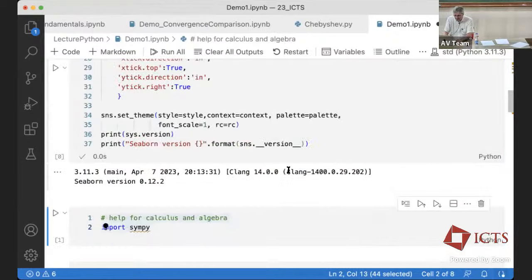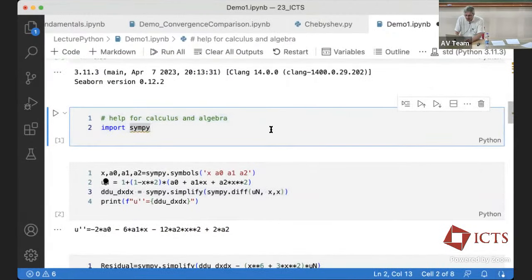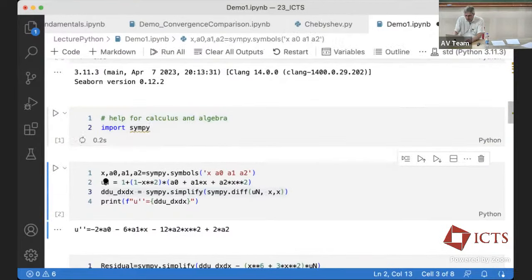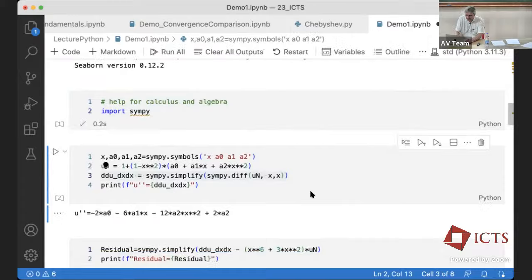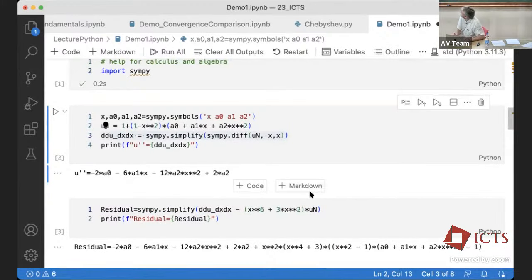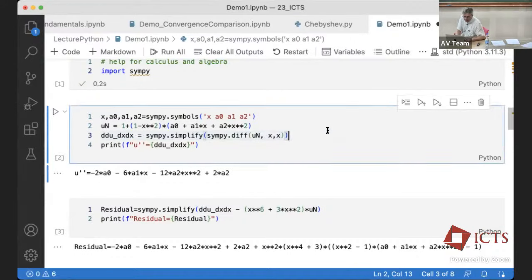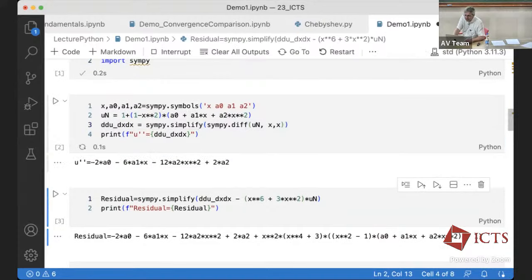Okay, a Python notebook. I need a little bit of SymPy because I'm too lazy to do the derivatives by hand. And now here's the SymPy. What is this little bulb? I have no idea. So here I'm defining my function un. And I'm using SymPy to compute its second derivative. It's not really that hard differentiating a fourth order polynomial, but it's easier this way.